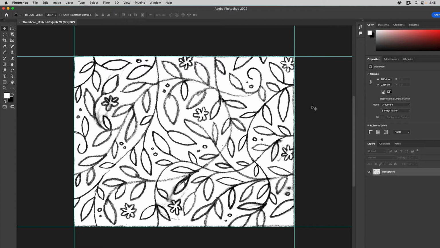But first, I want to show you a trick I use in Adobe Photoshop to help me create a seamless repeat. So this is my thumbnail sketch. The final size on this was actually a little over 2 inches wide by a little over an inch tall. You can see I drew it with a pretty blunt pencil. It doesn't have to be perfect, but what I'm keeping in mind is I'm working out, and I did many